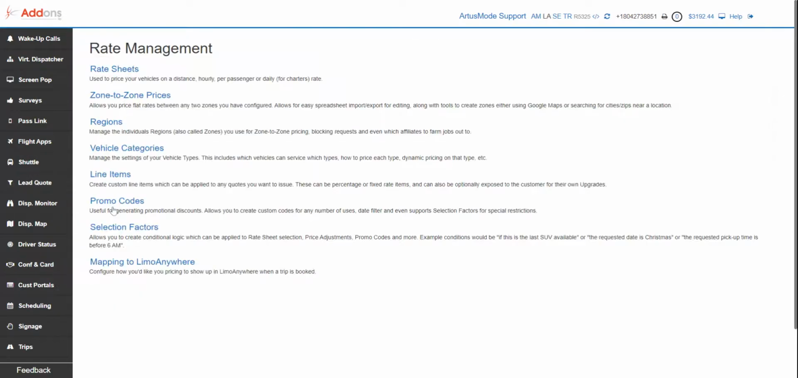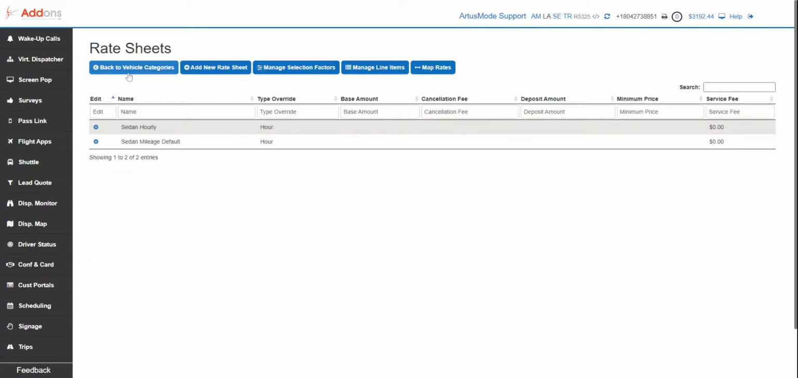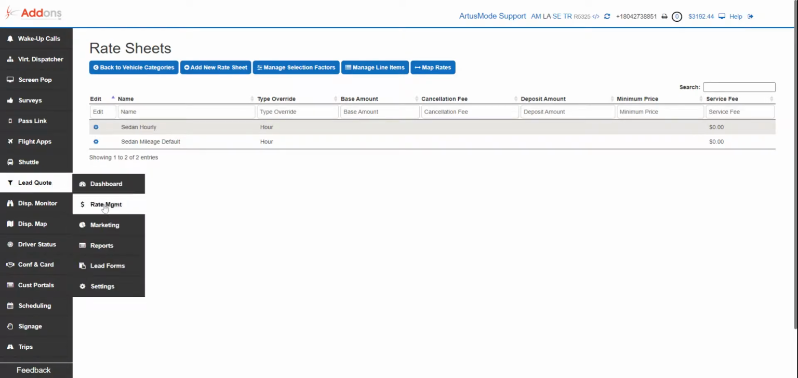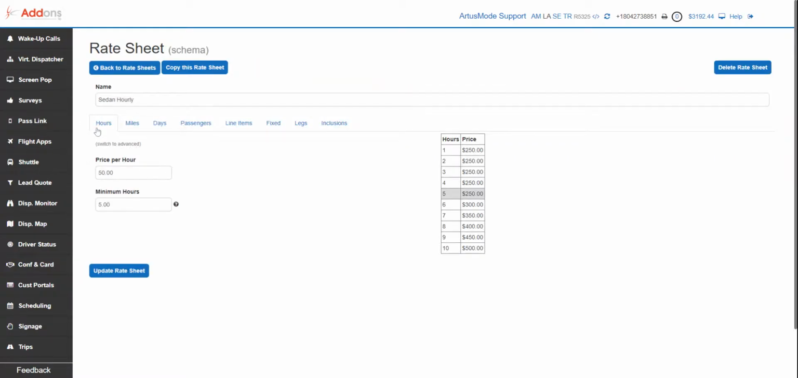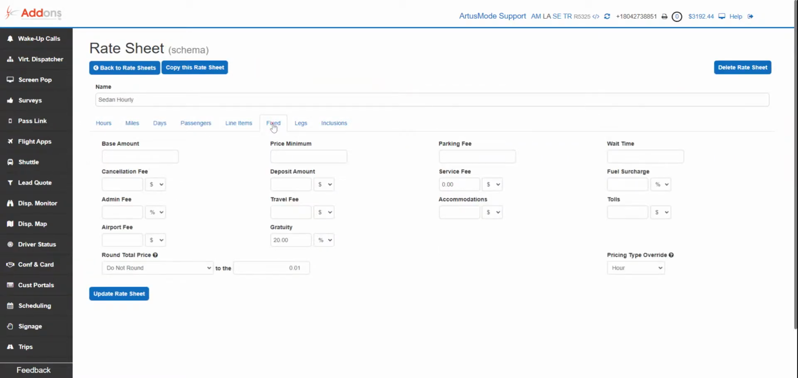Now remember, all of you guys have rate sheets in conjunction with your zone-to-zone prices. So we need to add that to each rate sheet that you have as well. In each rate sheet, you're going to hit edit. You're going to go to the fixed tab. Right here, fuel surcharge. If it's going to be a flat dollar amount, $5. Most of you are going to use percentage, so we're going to put in 8,